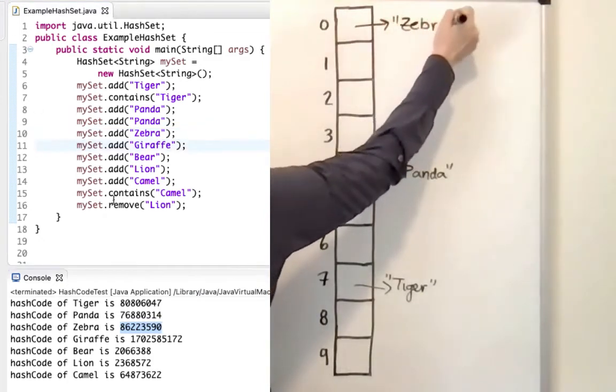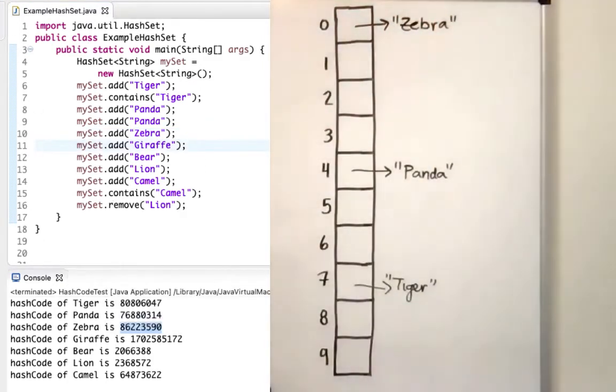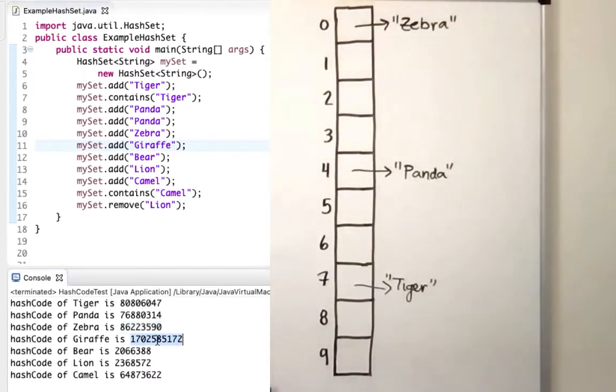Okay, next up, row 11, I want to add the string giraffe. To do that, I need to call hashcode on giraffe. Hashcode on giraffe gives me the value there. And now I'm going to use the last digit, that's the 2, to figure out what array index to put it at. I go to array index 2 and there's nothing else there, and so I'm able to add the